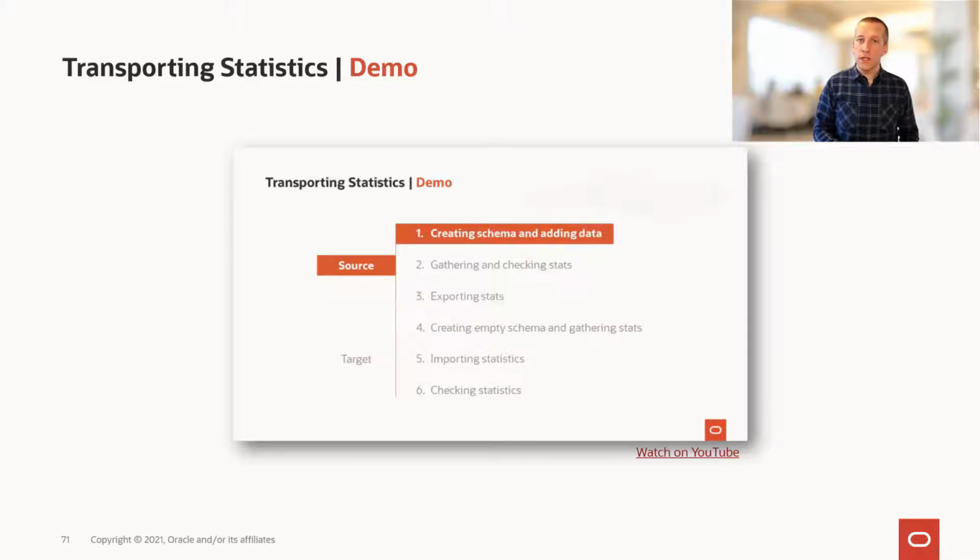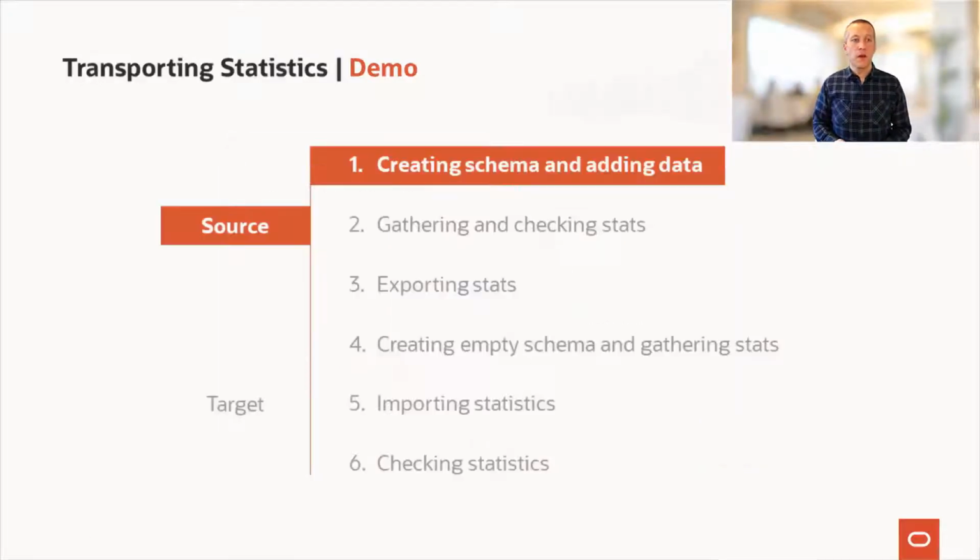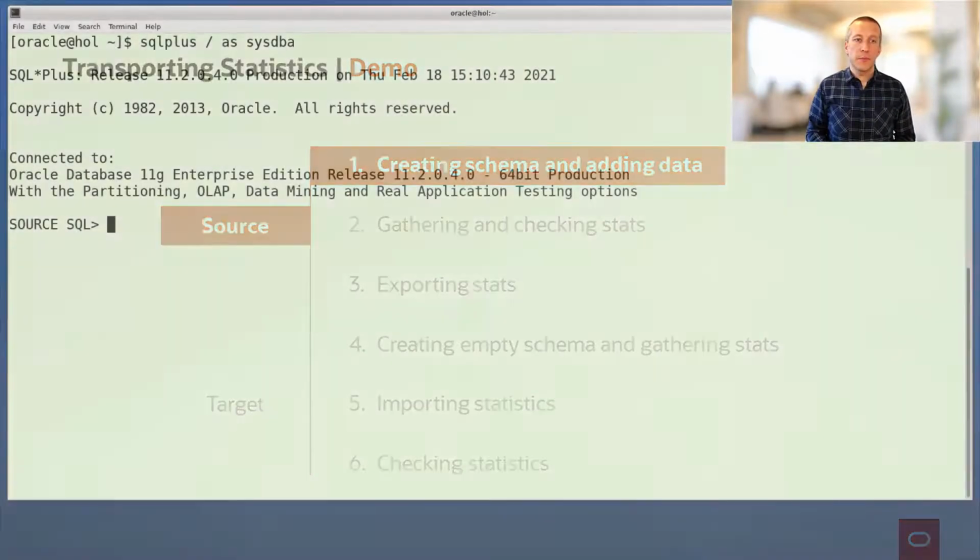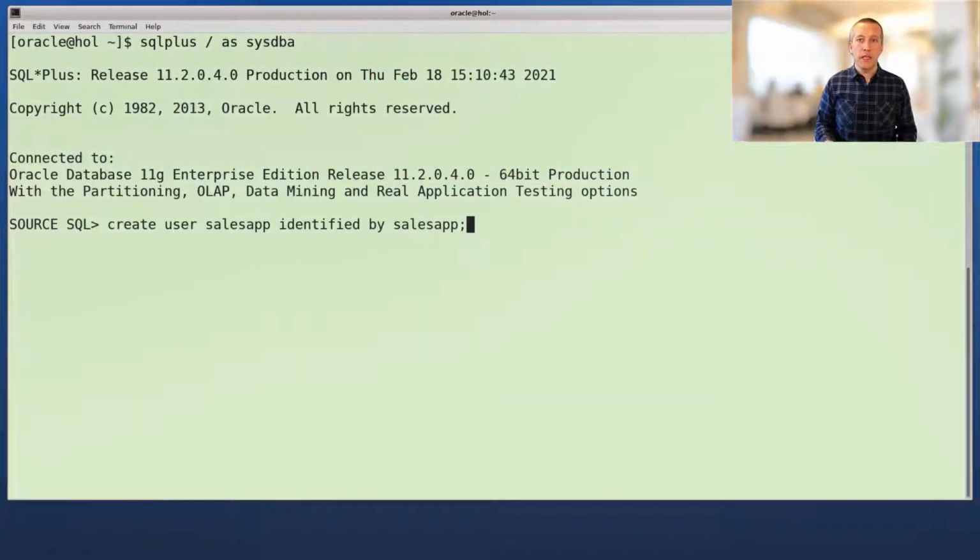I'm exporting statistics from an 11204 database, and I'm importing into a 19C database. First, I'll create a schema and populate it with some data. I create my sales app schema,